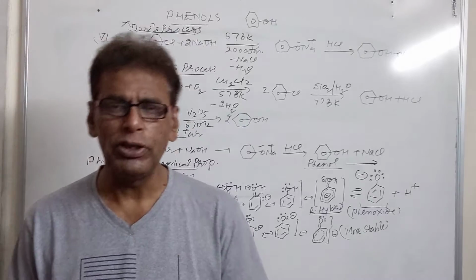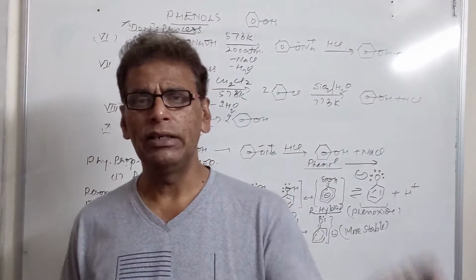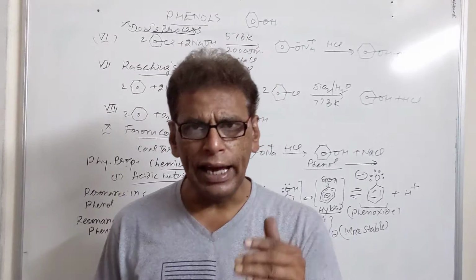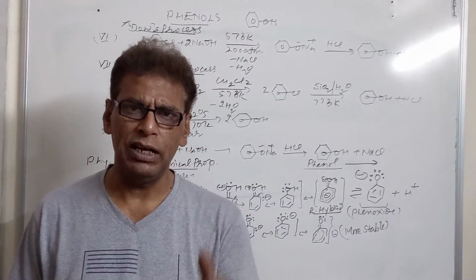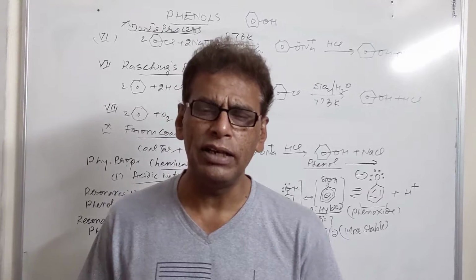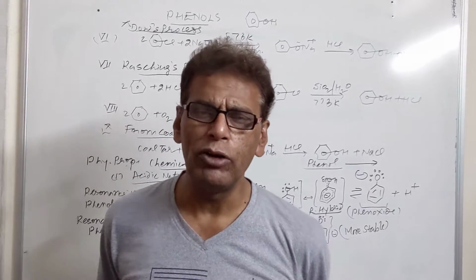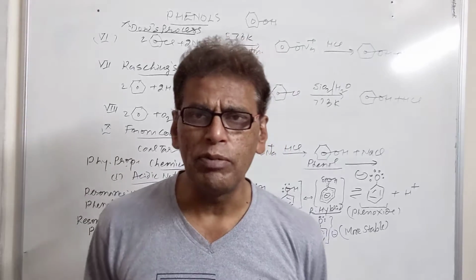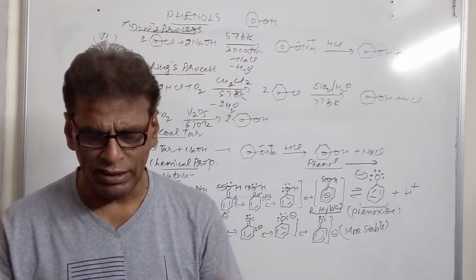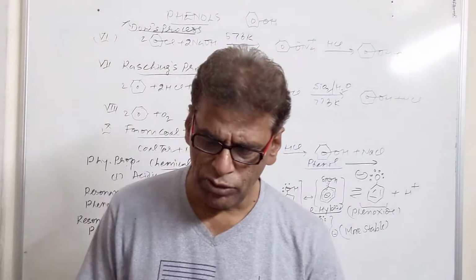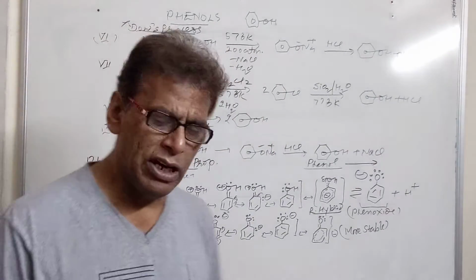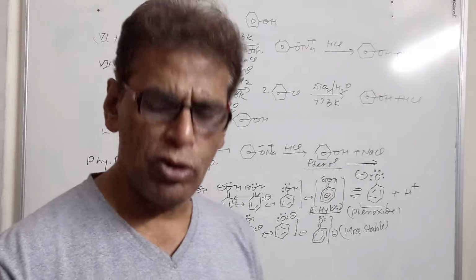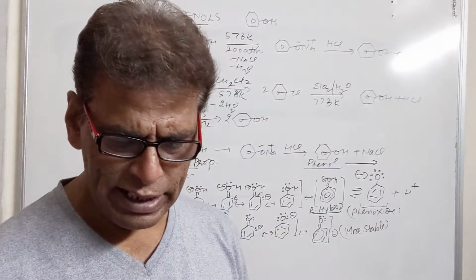But in the case of phenols as well as phenoxide ion, both are capable of showing resonance, and it has been observed that the resonating forms of phenoxide ion are more stable as compared to the resonating forms of phenol, because they do not involve separation of charges. Such resonating structures which do not involve separation of charges are more stable. Therefore, phenol acquires a net tendency to lose a proton, which explains its acidic character.